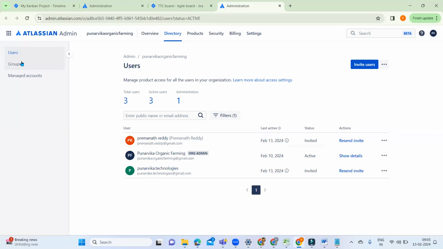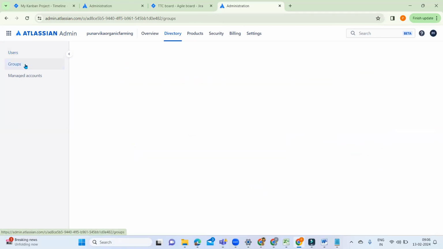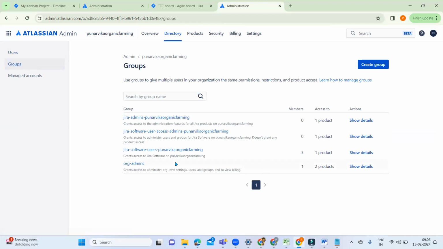So here there are more options, two more options like groups. By default, you can see the Jira admins, user access admins, and Jira Software Punarika farming organization admins. You can see it grants access to the administration features for all Jira products on Punarika organic farming. So whatever access you give in this group, Jira admins,